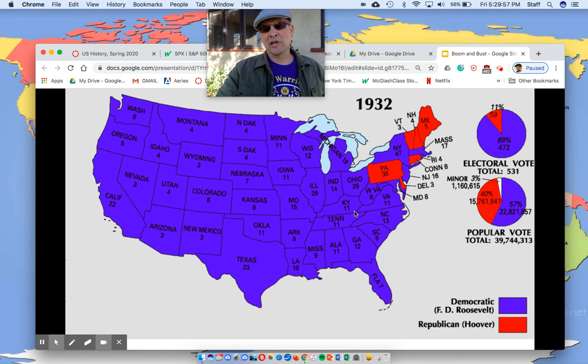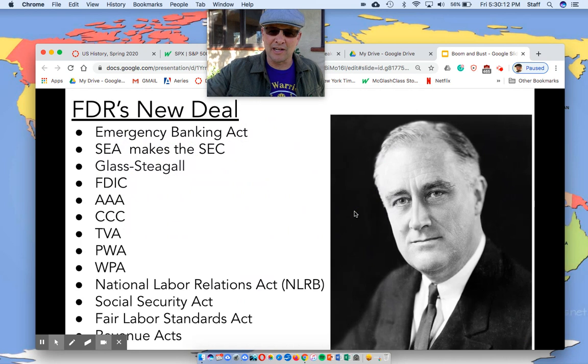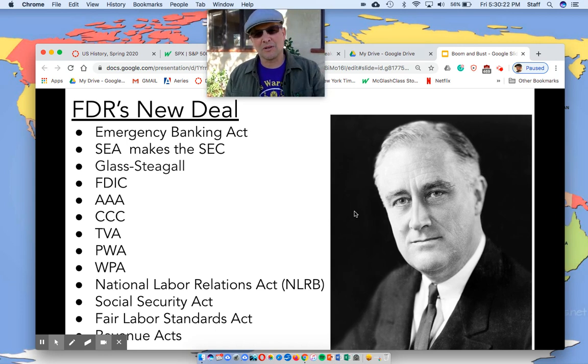And FDR brings the Democratic Party to its glory. It finally, for once, is no longer just a Southern party. In fact, they nominate a fairly progressive man, FDR, even on race, and forever changing the Democratic Party. And then FDR steps in and basically says, it's not what we're not going to do. We're doing it all, everything. And he produces what's called the New Deal. And this is the subject of another lesson. But just to be quick,